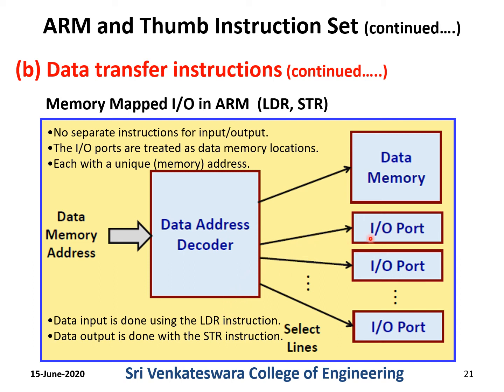To have input operation, that is to receive data from an input device and send it into the processor, LDR instructions are used. So this instruction will load the data from an input device into a register, and store instructions will send the data from a register to an output device. So this is how LDR and STR instructions are also used to get data from input devices and send data to the output devices. So there are no special instructions for handling input output ports.